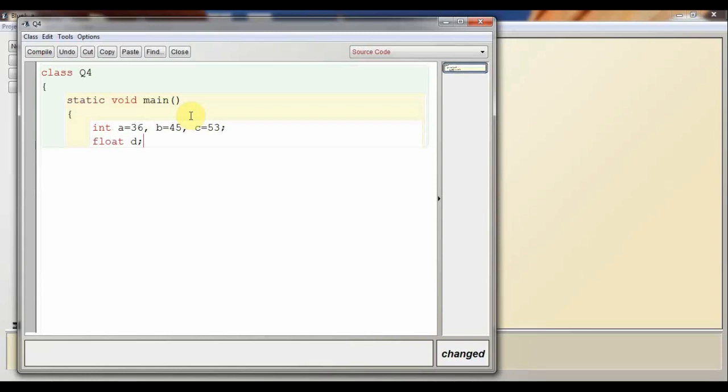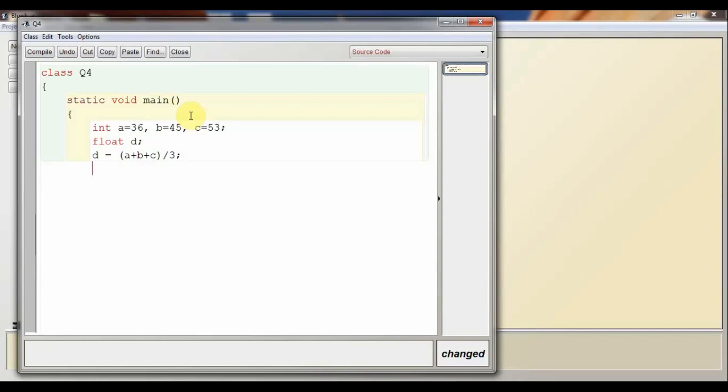It means the variable d will store decimal type value. Now find the average of a, b, c. So here d equal to a plus b plus c. For finding the average of three numbers, the addition of all the three numbers and divide by 3.